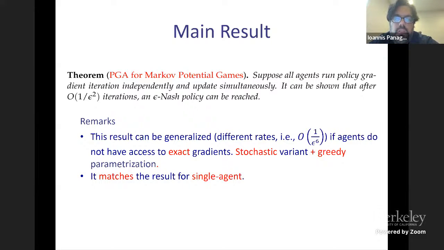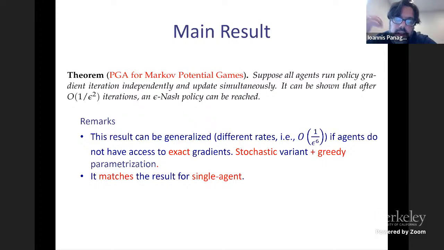So one might say, okay, since you have an underlying function, you can define a one agent game, define a meta player that effectively has the potential as its value function, and try to solve the single agent case. Well, this is true, and it will also give you 1/epsilon² running time, but the dependence on the action space is different. You have a Cartesian product for the joint action space. Nevertheless, in our setting, we assume that every player updates independently. So the running time depends linearly on the sum of the cardinalities of the action spaces and not on the product, okay? And this is kind of crucial,